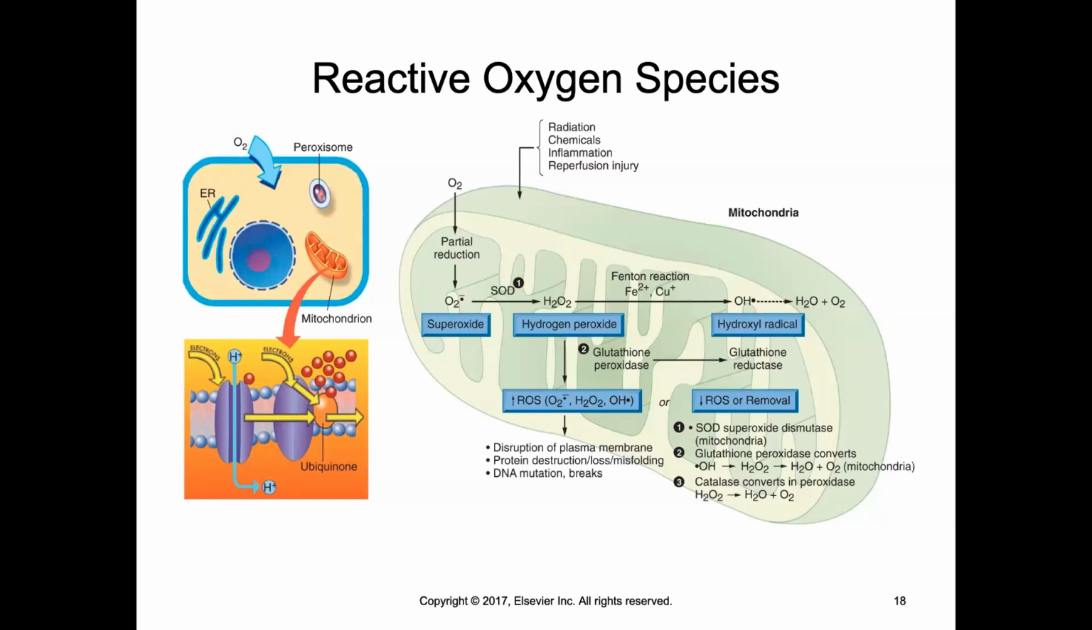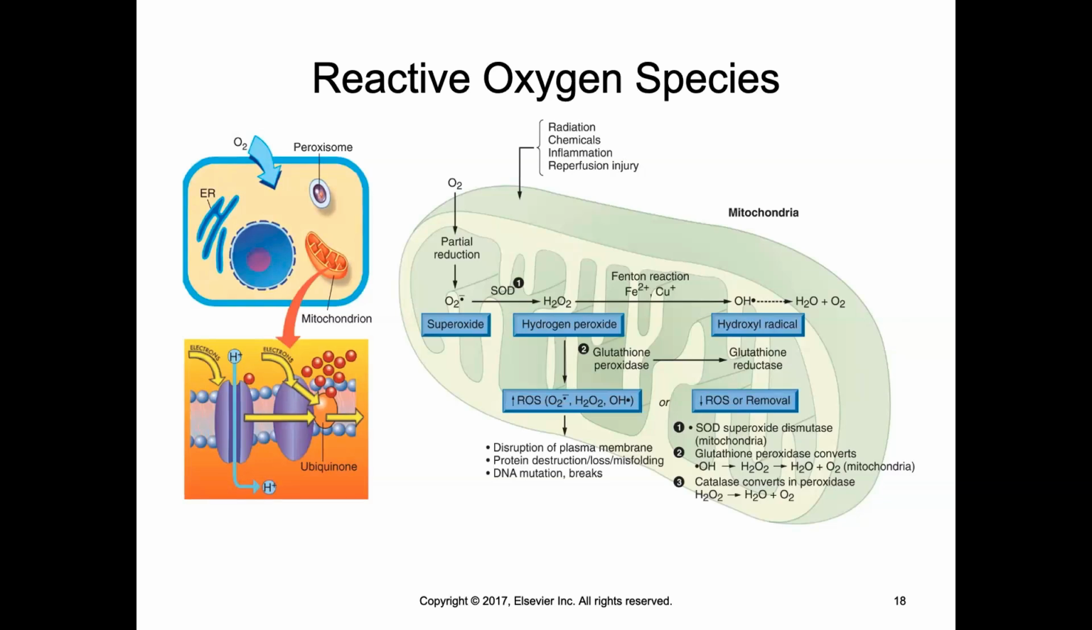Now, another pathway we can take at hydrogen peroxide is to see an increase in the reactive oxygen species. And so the superoxide radical and the hydrogen peroxide and the hydroxyl radicals build up. We get disruption of plasma membranes, protein destruction, and misfolding of protein and DNA mutation and damage. Okay. So how do we get rid of these